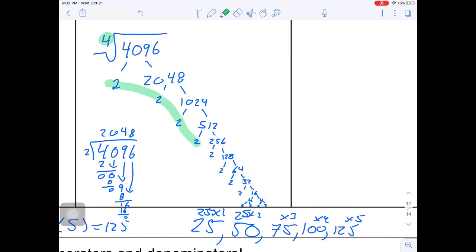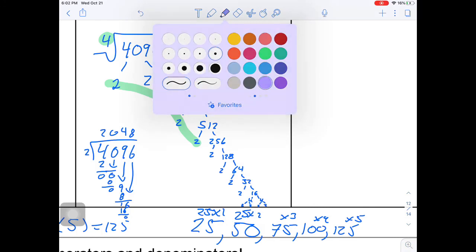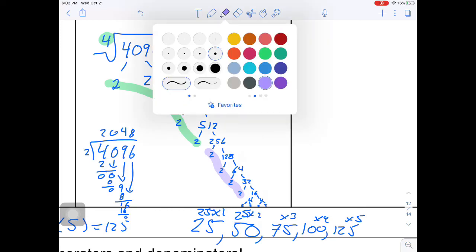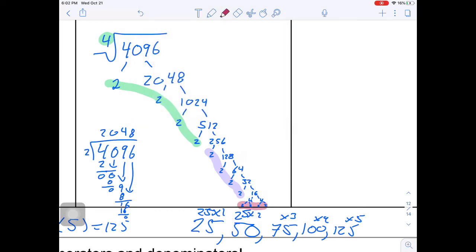So here I have my first group of 2s. And then I have another group of 2s that equals 4. And then I have a remaining one down here. So there's another group of 4s. So what we can do here is we can represent 4,096 by 2 to the power 4 times 2 to the power 4 times 2 to the power 4. So this will be 2 to the power 4 multiplying 2 to the power 4 multiplying 2 to the power